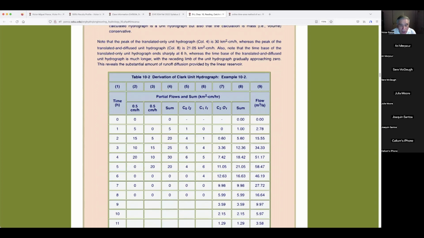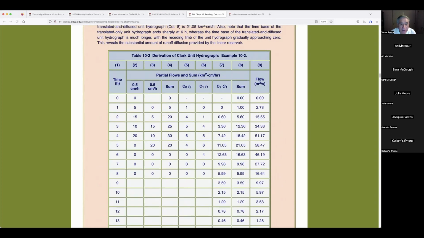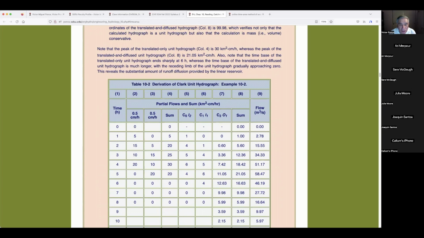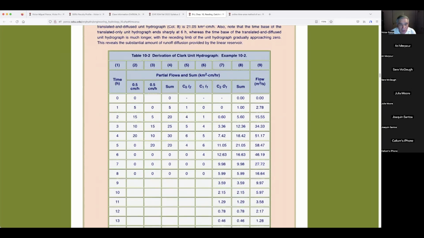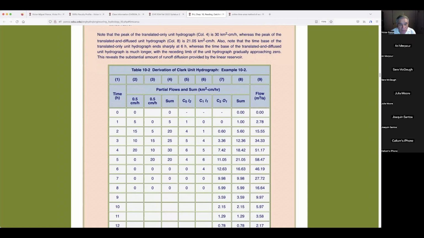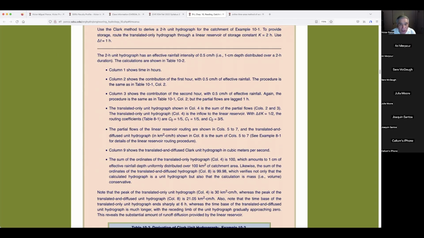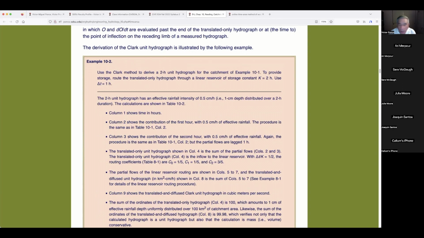So let's take a look at what Clark did in the table. Derivation of the Clark unit hydrograph, example 10.2. First of all, we need to figure out the duration of the hydrograph. The duration is a very important concept in unit hydrograph theory because it defines the hydrograph. Suffice it to say at this point that if you say this is the unit hydrograph for this basin, it's an incomplete piece of information. You have to say this is the 2-hour unit hydrograph, or a 1-hour unit hydrograph, which is typical,